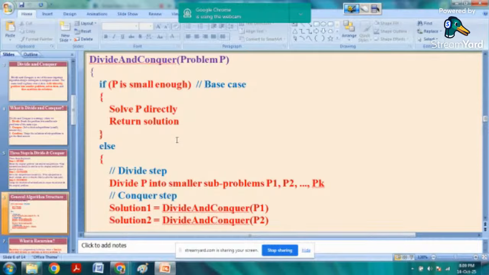So what happens is, you have to divide the problem. This algorithm says that whenever that problem is complex, you have to divide those problems into sub problems like P1, P2 up to Pk. Then once you can divide, the question arises,